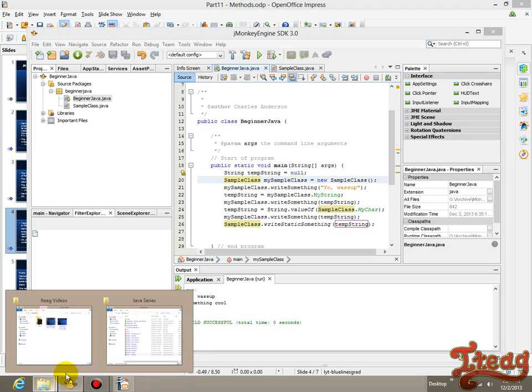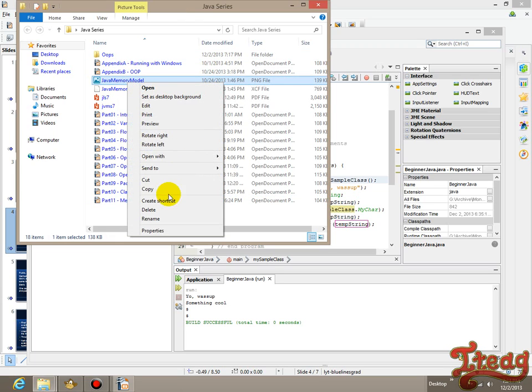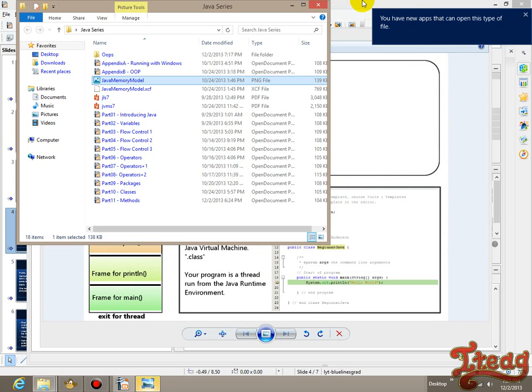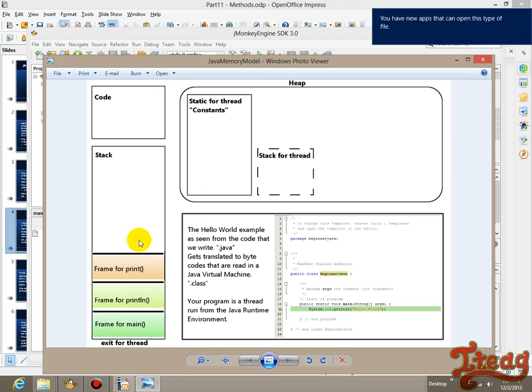Oh, no, not JMonkey Engine. Yeah, there we are. Java memory model. Open with Windows Photo Viewer. Yes, thank you, Windows 8. Okay, so yeah,